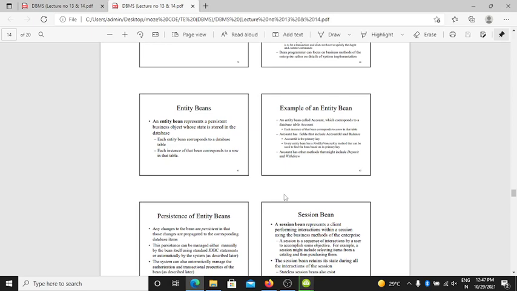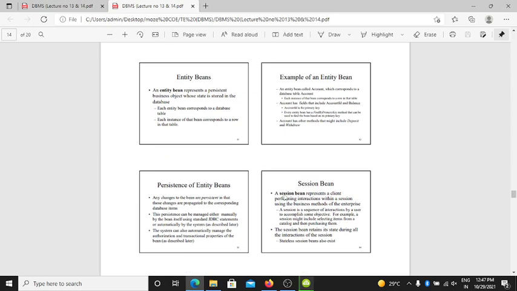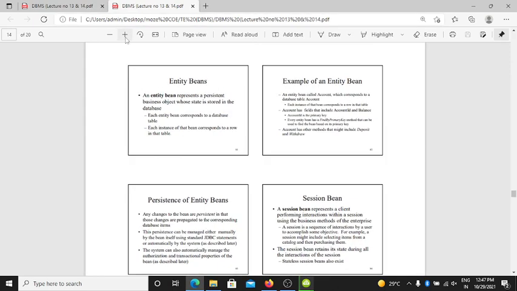Account has fields that include account ID and balance. Account ID is the primary key. Every entity bean has a findByPrimaryKey method that can be used to find that bean based on its primary key. Account has methods that might include deposit.